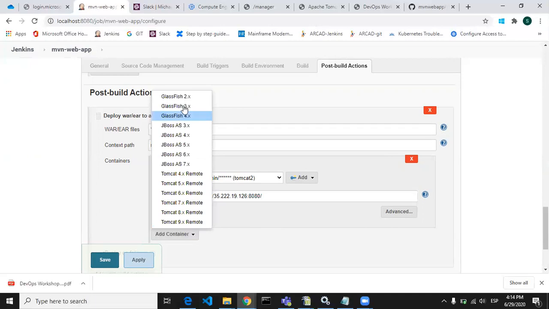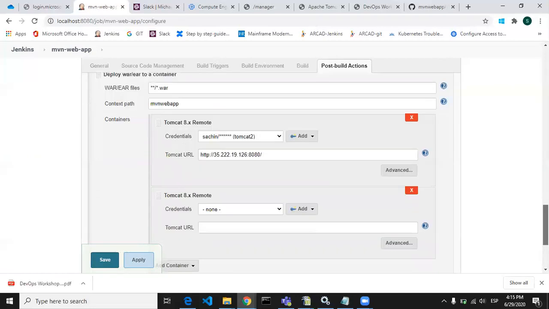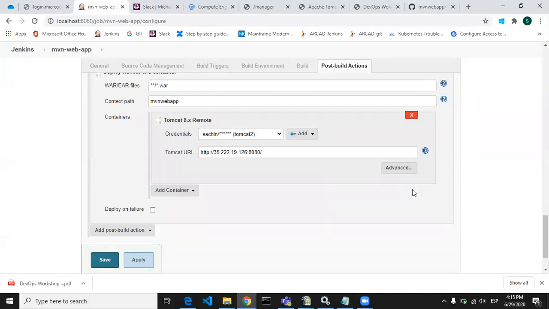There are multiple containers you will find. Whichever Tomcat you have installed, you have to give that. We have installed Tomcat 8, so you have to give Tomcat 8.x Remote. Once you click, the same box is displayed here. We already have that, so I'm just deleting it. Here you have to give the credentials for Tomcat.